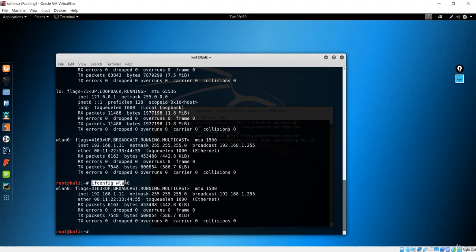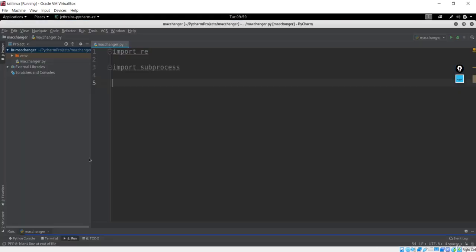We want to run this whole command and get the MAC address from this Python code in this lecture, and in the next lecture we'll change this MAC address to something entered by the user, or maybe a custom one, or maybe we can also assign random numbers to the MAC address. First of all, we have imported the two important modules.